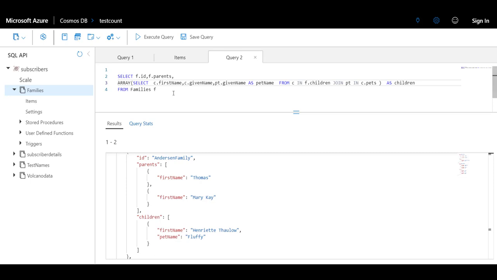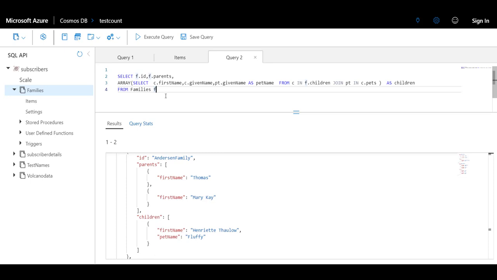So if you see the query, we can write a query like select f.id, f.parents. The parents is also a complex type which consists of multiple parent nodes along with their first names or given names. And now we are adding a subquery to it which is going to return us the flattened data of children along with their pets.